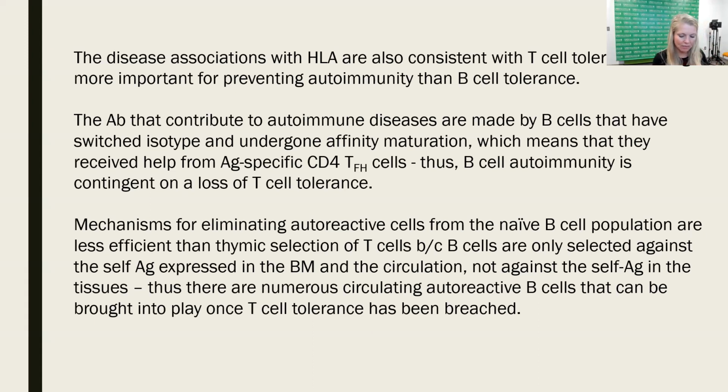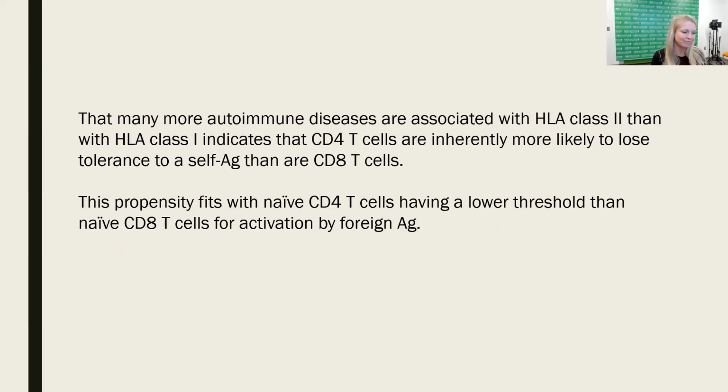So that makes sense that the body is going to put more effort into preventing T cells that could recognize self from escaping, because even if a B cell gets out of the bone marrow and recognizes self-antigen, it's not going to be able to make antibody against self until it has a T cell that also recognizes self. So just make sure the T cell doesn't get out. There are many more autoimmune diseases that are associated with MHC class 2 than MHC class 1. And that tells us that CD4 positive T cells play a larger role. They're more likely to lose tolerance or escape tolerance